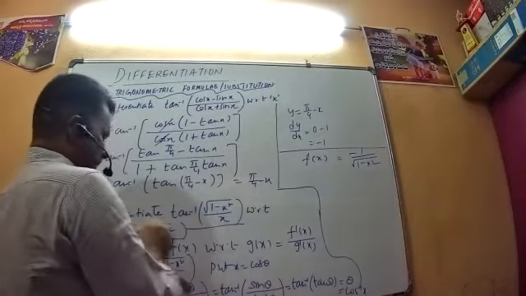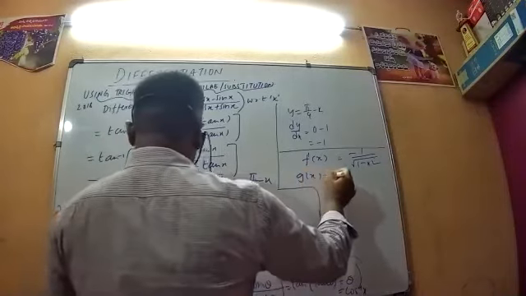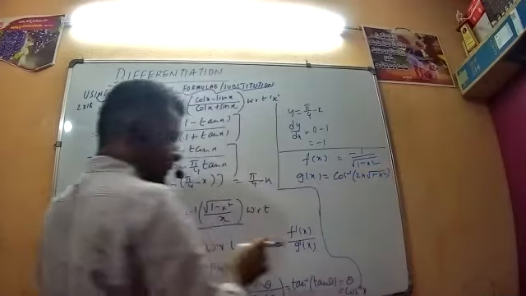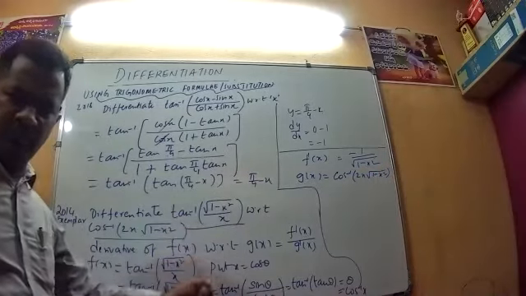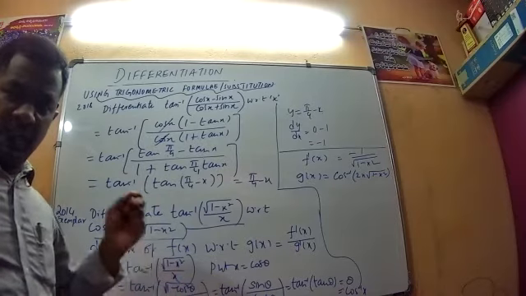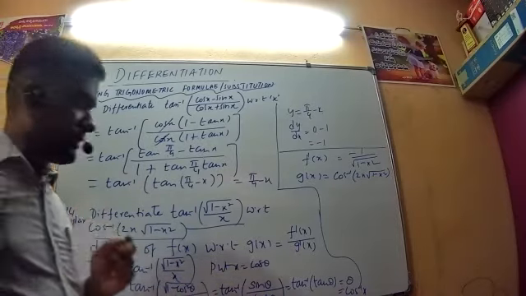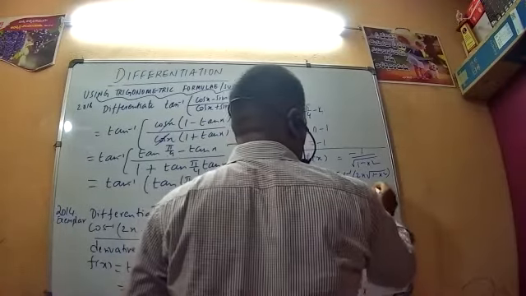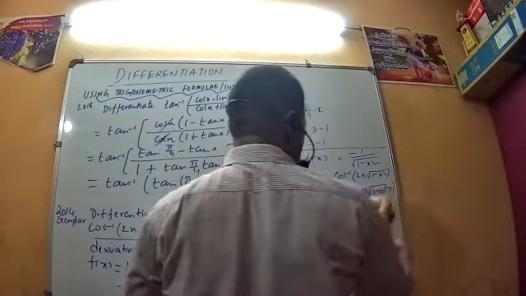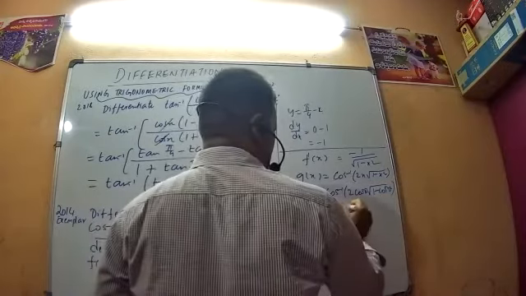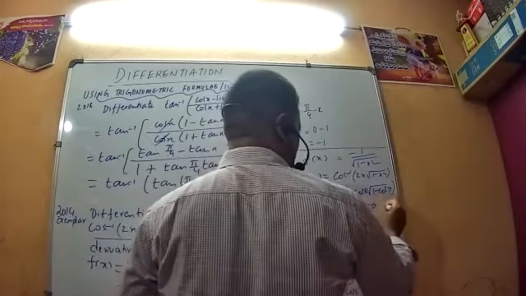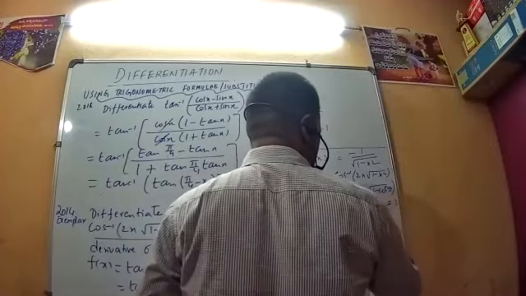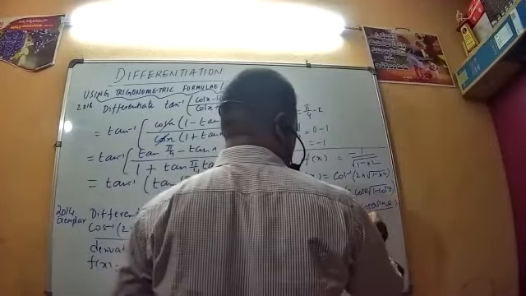Now coming to the g of x. G of x is nothing but cos inverse of 2x root 1 minus x square. We should proceed with the same substitution for f of x as well as for g of x. That you shouldn't forget. So this is cos inverse of 2 cos theta into root of 1 minus cos square theta. Yes, this will become cos inverse of 2 cos theta into root of 1 minus cos square theta, which is root sin square theta, which is nothing but sin theta.